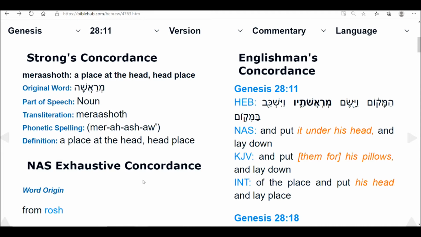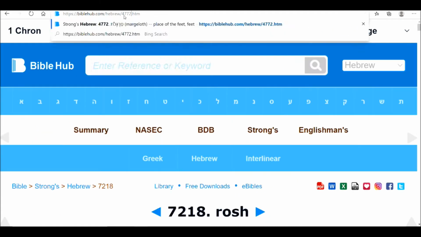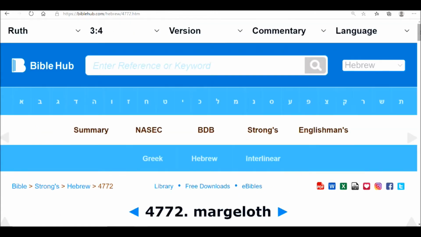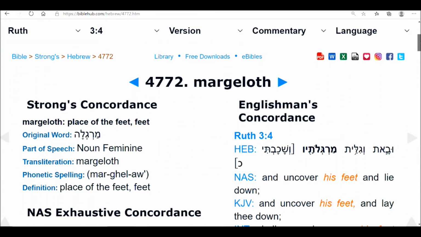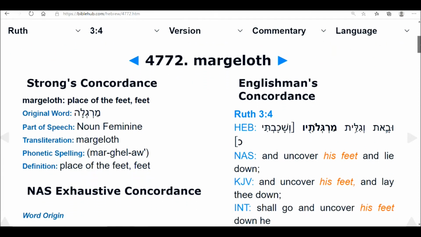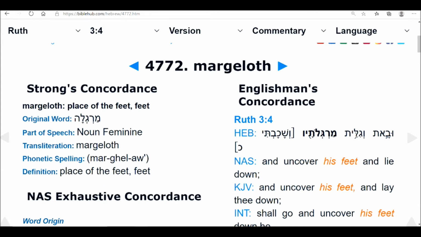But let's go. So we can see in this place that we have the place of the head. Yep. And then take it down to its root, 4-7-7-2. Oh, no, this one is bringing up the feet. So the feet and the head are connected, right? And it's the same bitter. Oh, yeah, so it was wanting us to compare this. Right. So we have the place of the head and the place of the feet. It's still the same one.